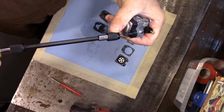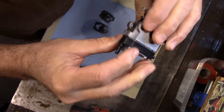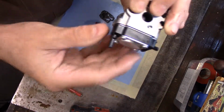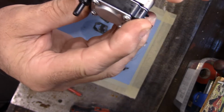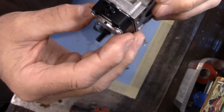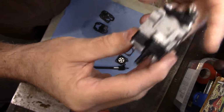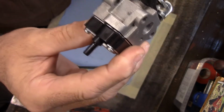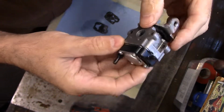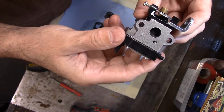What do you guys think? I don't remember the fit here. There's a little bit of a gap there, and maybe it's not. I don't know, maybe it's just me. But I would generally say that the material is a lot thinner than the material I took off. Maybe it's all hardened up over time. I'm not too sure. I mean, this gasket set was $8, so I'm going to put this on the machine,